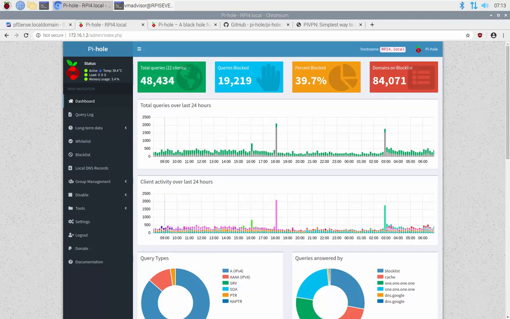In today's video I'm going to show you how to install Pi-Hole and Pi-VPN on a Raspberry Pi. I will show you completely step by step how to install Pi-Hole and how to install Pi-VPN, and I will also give you a few examples in live environments. For example, as you can see on the screen here, I have a live environment running Pi-Hole from my own